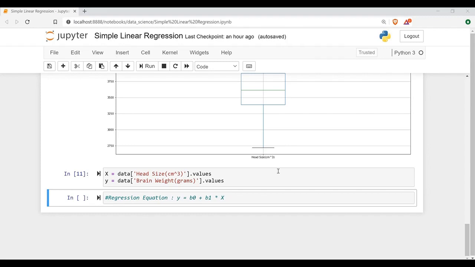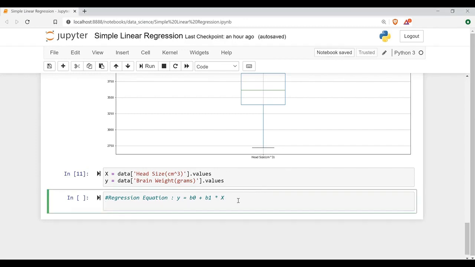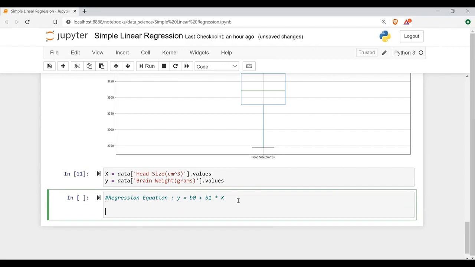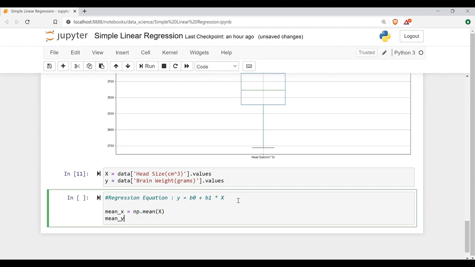So we know that the regression equation is given by this formula: y equals b0 plus b1 into x. So here first we have to find out the slope, then we can find out the intercept. For doing that, first we'll be finding out the mean of x and y. So we'll say mean of x is nothing but np.mean of x values, and similarly we have to find out the mean of y values, which will be np.mean of y values.